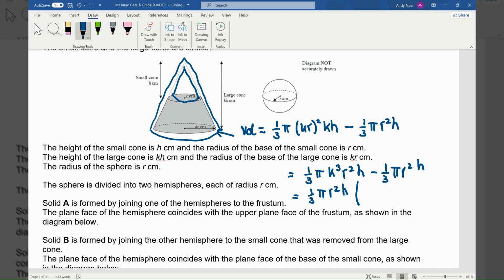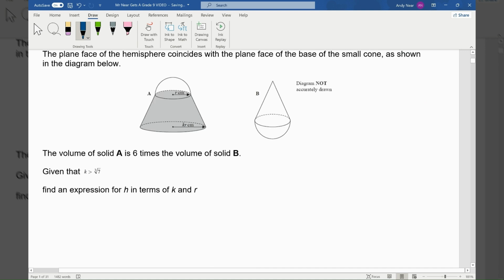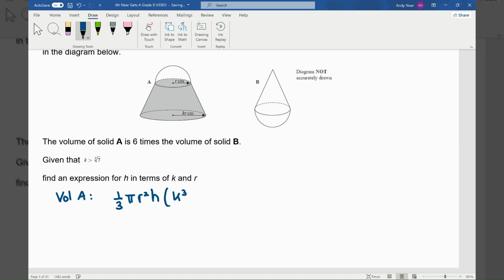And in order to complete the first term, I just need a k cubed, and what I have taken outside the bracket is the final term, so I just need to multiply that by -1. And that is the volume of the frustum of the cone. Let's scroll down. So we now have the frustum of the cone. So the volume of shape A is going to be the frustum of the cone, which is 1/3 pi r squared h times (k cubed minus 1),